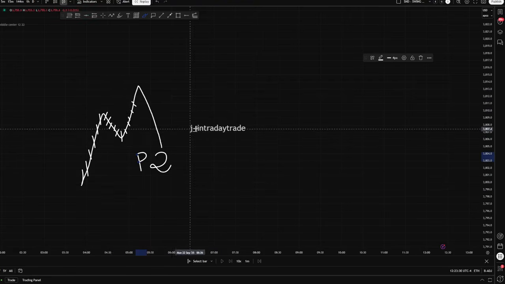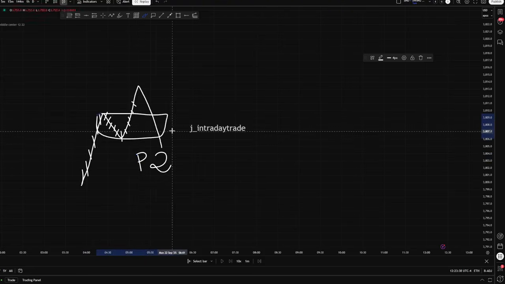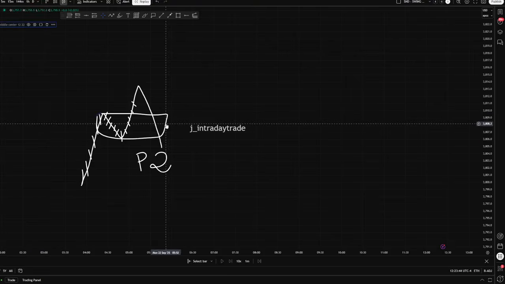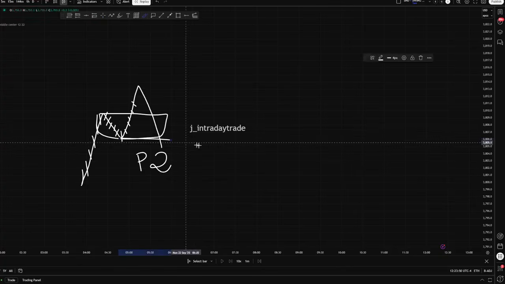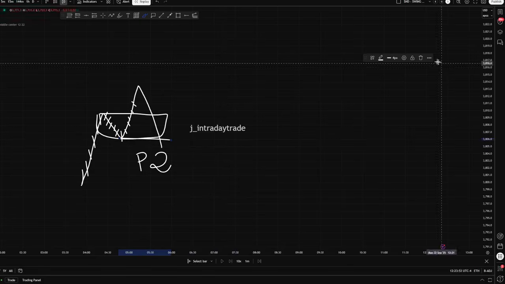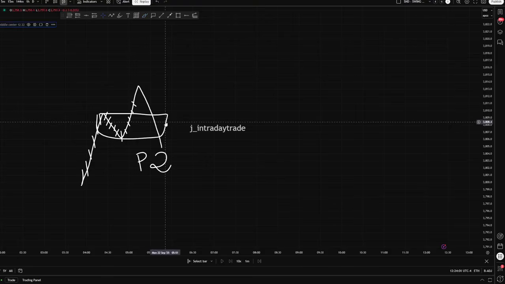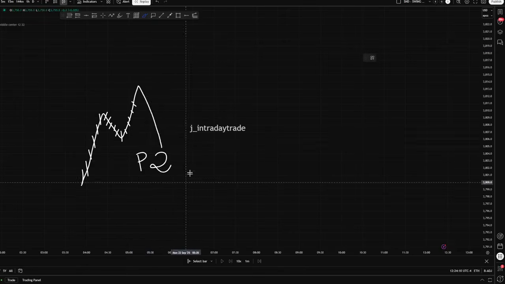And this is how it essentially all started for me, because one of the things that I managed to do wrong all the time was getting in on this type of move, getting in here at 50%, and I was stopped out. That was one of my bigger problems. But what I didn't realize is that over time, I was stopped out sometimes more than I was getting my one-to-one before it continued lower. And that was based on my idea. So then I took a different idea and a different approach. And that was to say, okay, where I usually get stopped out, what if I get in at that area? And the P2 was created.